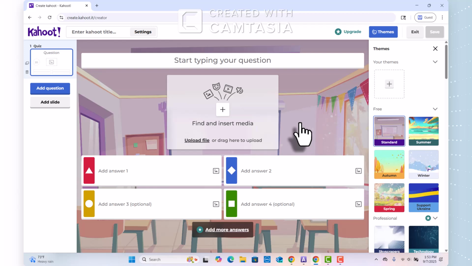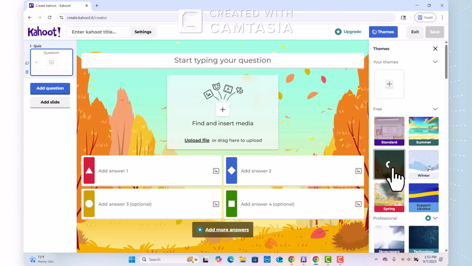On the left side of the screen is where your questions will appear. On the right, you can see options for different themes. For Back to School, let's select the autumn background. Now we can start adding our questions. Click on the blue Add Question button on the left,